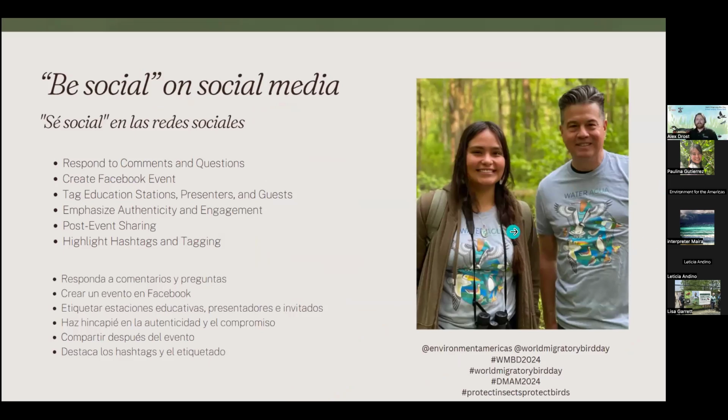And so one of the other things also on social media that's really important is to be social. You respond to comments and respond to questions that people might be messaging you. If you're using Facebook, create a Facebook event and invite people there. Also tag the different educators that are going to be participating in your event, the presenters, any guests that you